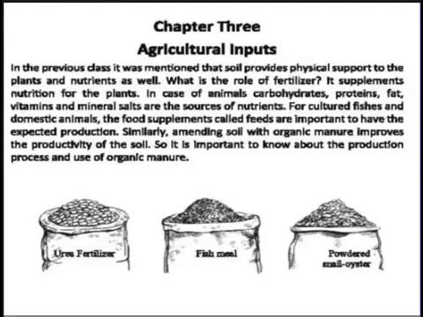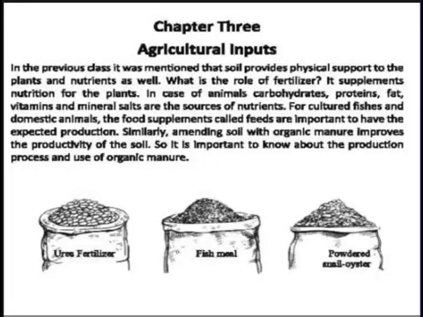And what is a nutrient? Nutrient means a source of nourishment, such as food that can be metabolized by an organism to give energy and build tissue. So what is the role of fertilizer? In this chapter, we will discuss the role of fertilizer. What is fertilizer? A natural substance that is used to make the ground more suitable for growing plants, and it supplements the nutrition for the plant. That means it gives extra nutrition for the plant.